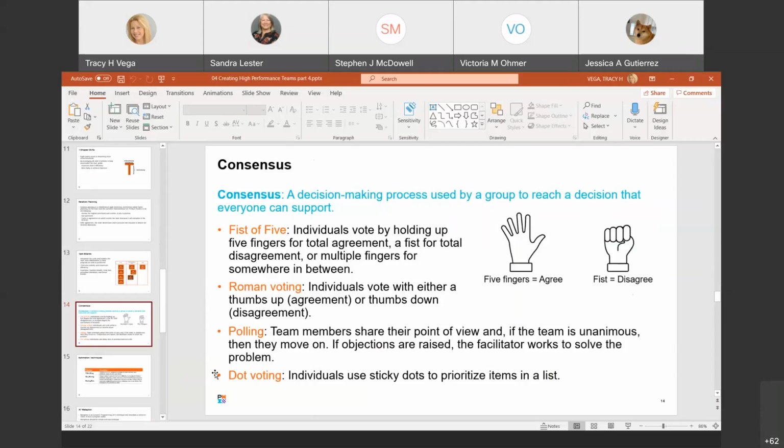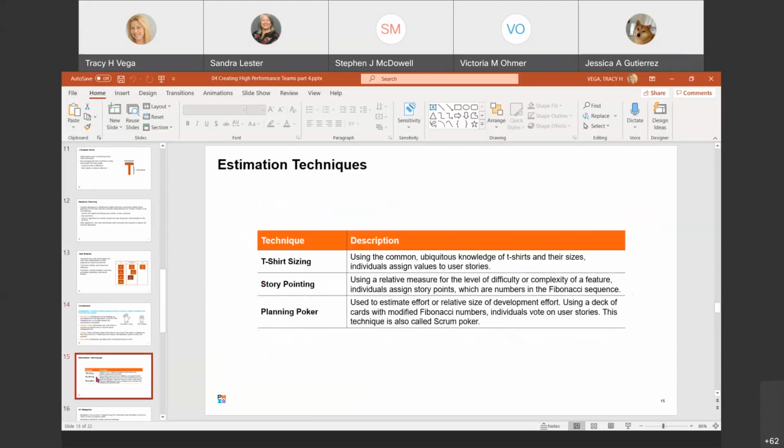They do have, let's see, another estimation technique, that's T-shirt Sizing, which I thought was kind of interesting. Agile teams don't use absolute estimates to predict the level of work involved in a task. It's innovative and dependent on the number of factors, including the risk and complexity of the labor. Instead, Agile teams use relative estimation approaches to take all the factors into account, using relative sizing methods to help with the overall effort.